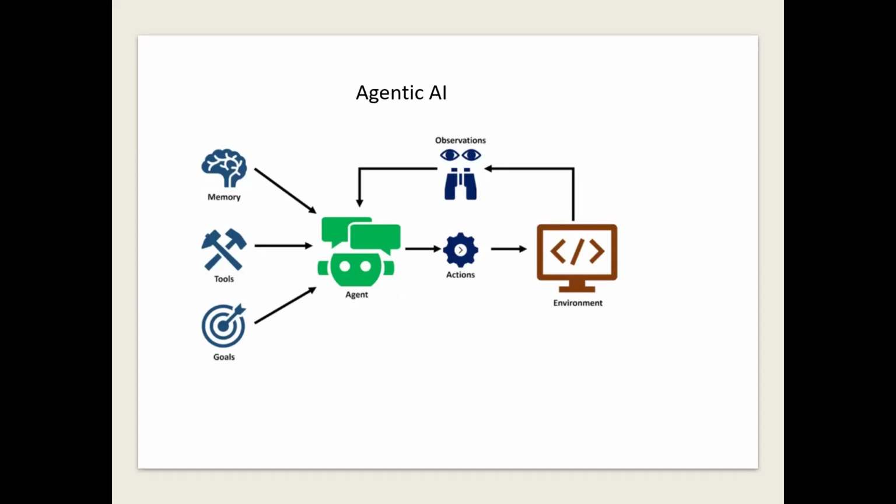So coming to the agent, it is the core brain that processes memory, tools, and goals to decide what action to take. It uses a reasoning engine, planning algorithms, and sometimes LLMs. Think of it as a decision-making hub. And after the AI agent pulls all this data and applies the planning algorithms, it comes to actions. The agent executes actions in the environment. Example: a travel agent bot booking tickets online automatically.